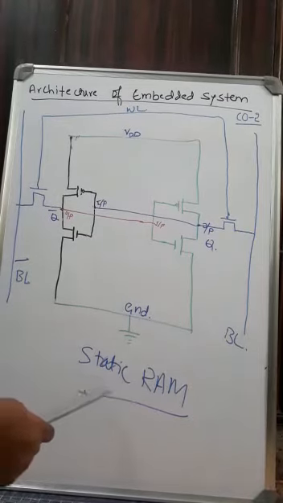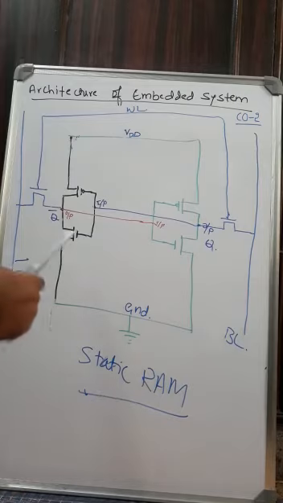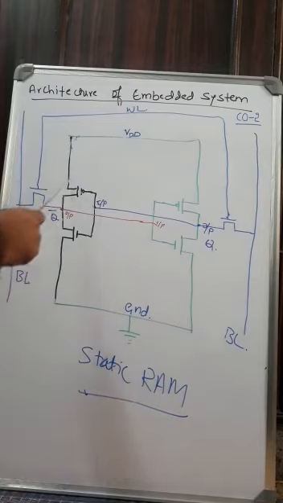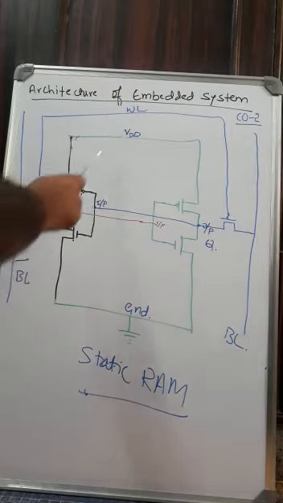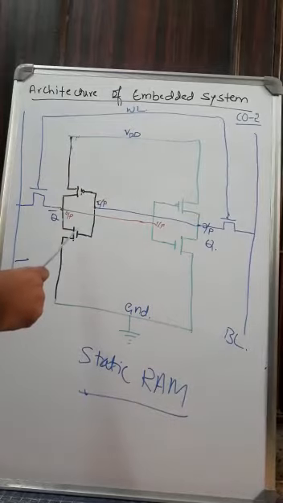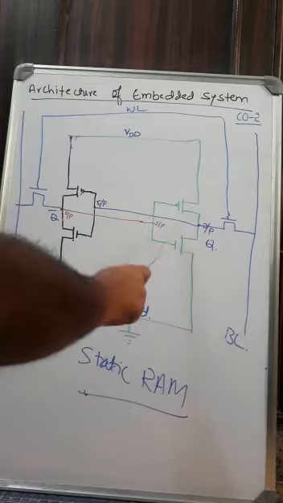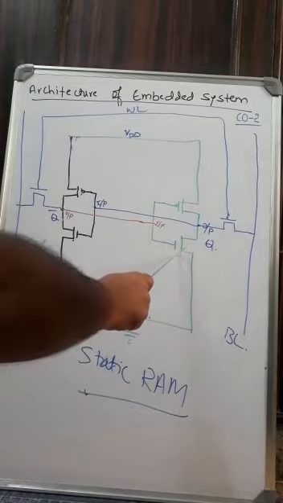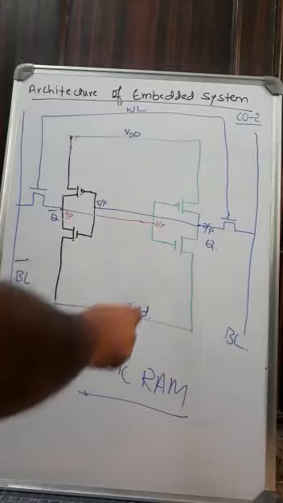Let me explain the structure of a static RAM. Here you can observe in this section you have got PMOS at the top and NMOS at the bottom. PMOS is connected to the VDD and NMOS is connected to the ground. Here also you have got a PMOS and NMOS combination, wherein PMOS is connected to VDD and NMOS is connected to